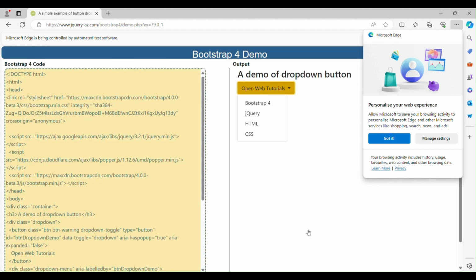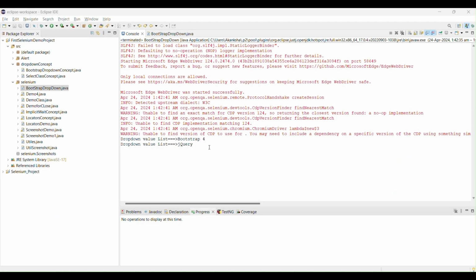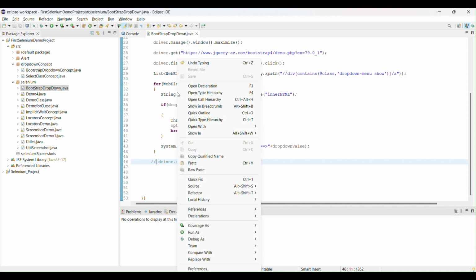Yeah, so right now, see, it's just click on button, then this drop down. Yeah, so see, now HTML is clicked on. So see this value. One second, this was very quick. I'm going to remove this quit option, so I'm going to comment this. So when the HTML will select, after that you will